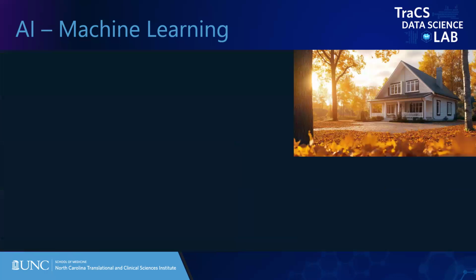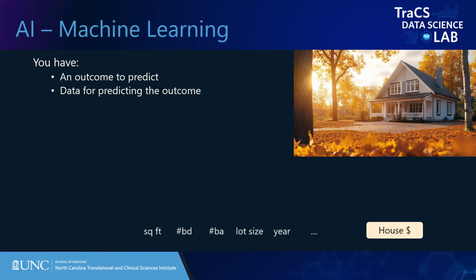Now, I'll walk through a typical example of what this looks like. And here we will touch on some technical aspects, and that's just to give you some idea of how this all works. So you have some outcome that you want to predict. So here we're going to say that you're a real estate firm. You want some starting point for determining how much a house is worth when you're trying to decide what you're going to list that price. So your outcome is house price, and then you'll need whatever data you're going to use to try to predict that house price. So you have a bunch of features for each house that you're going to list that you think should be factored into determining the value of that house.